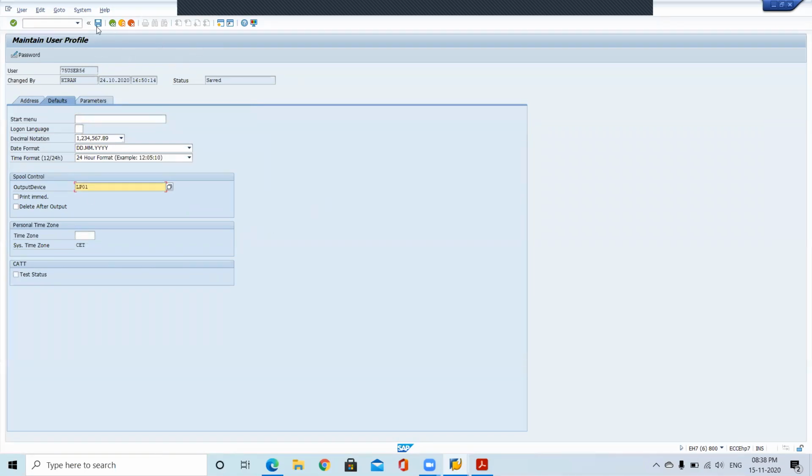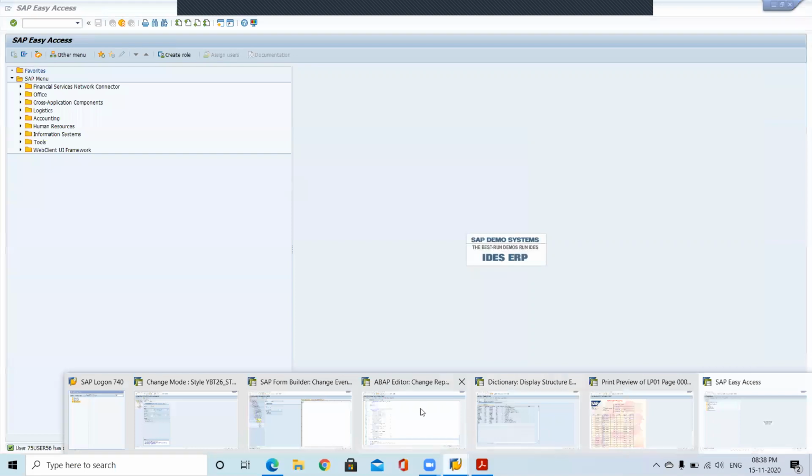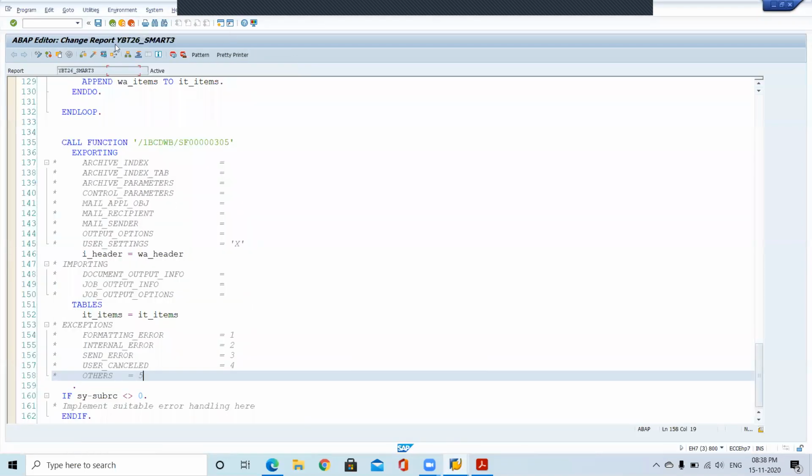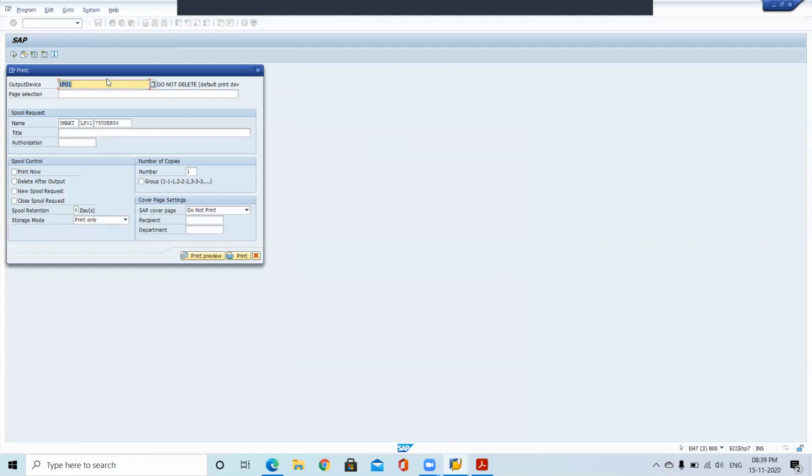So just give your printer name LP01. The second time, at the time of testing the smart form, we just give our sales order number. Previously we entered the printer manually. Now it is coming from the system.